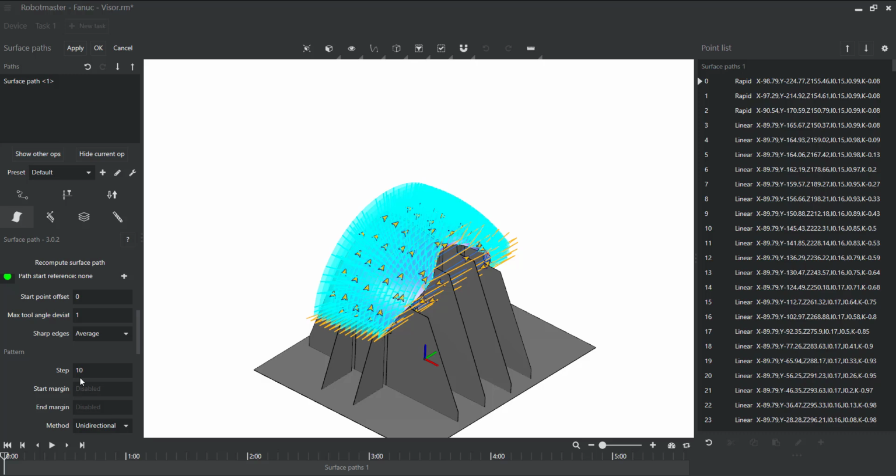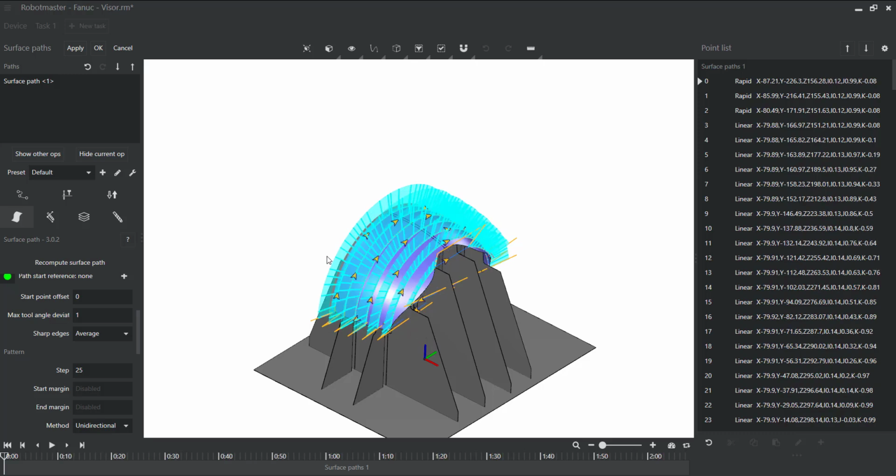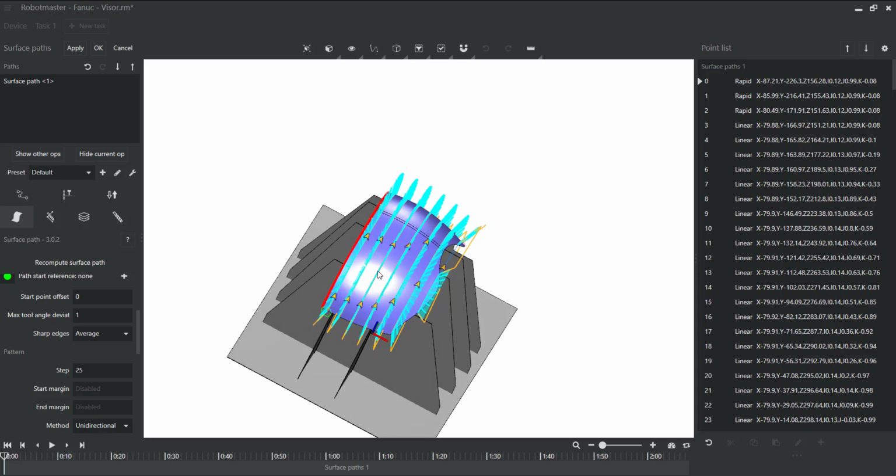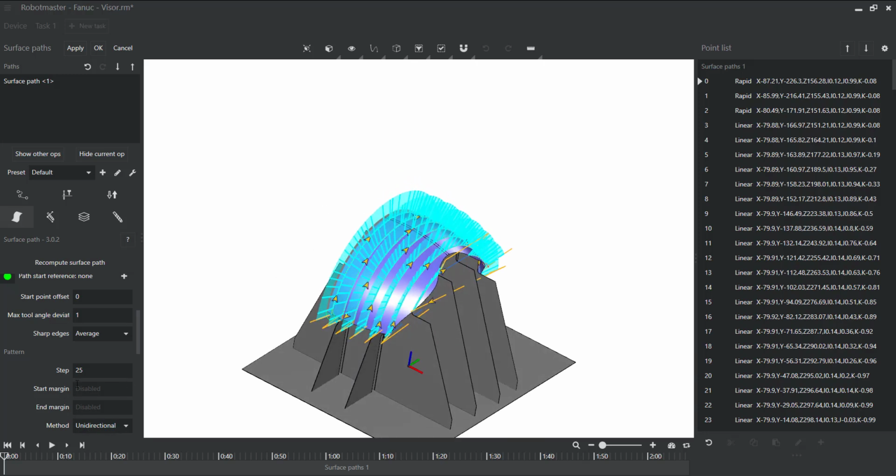And one of the big things that I want to show is the step over. So if we keep scrolling down in this detail edit, if I wanted my step over to be 25 millimeters, I could hit apply. You can see it's going to change the step over in between my tool paths here. A couple of other